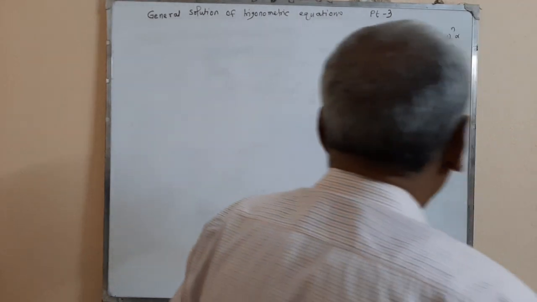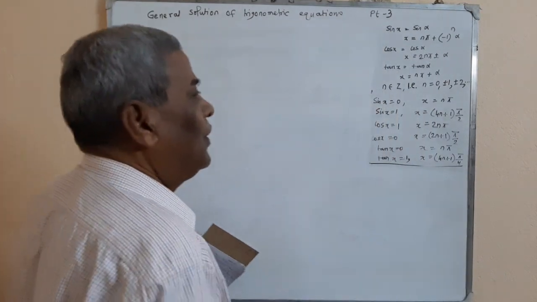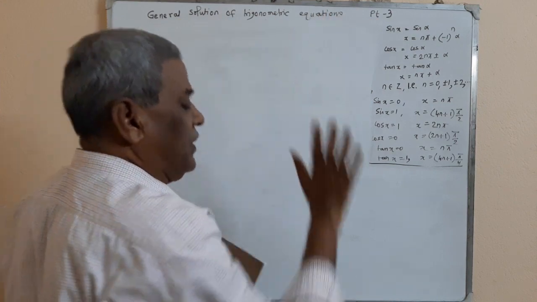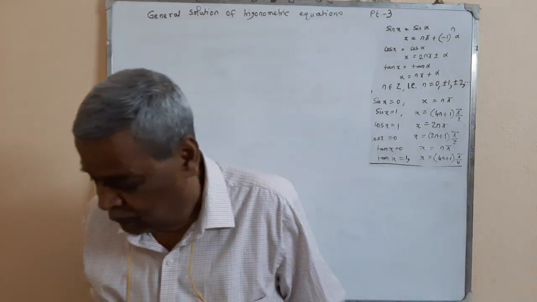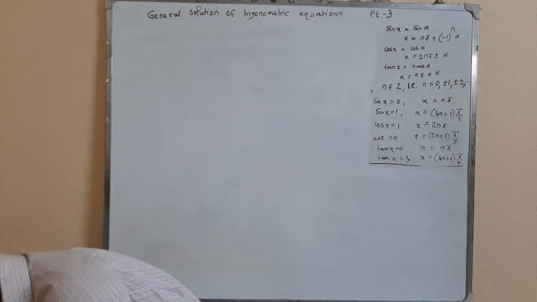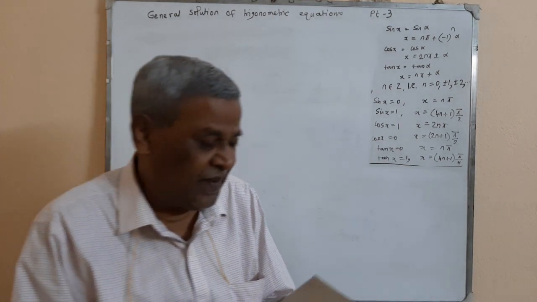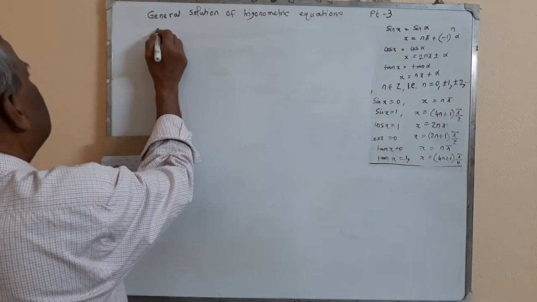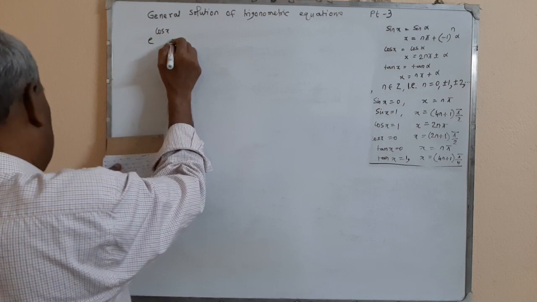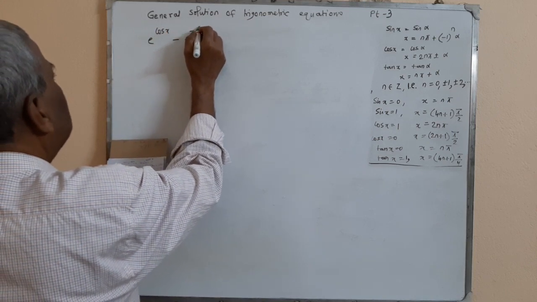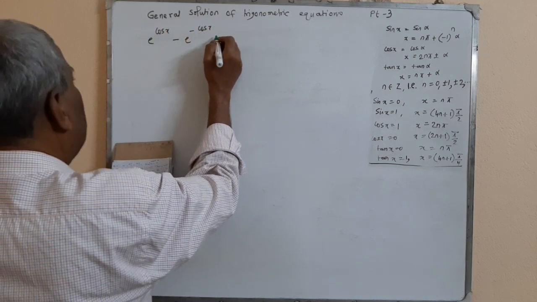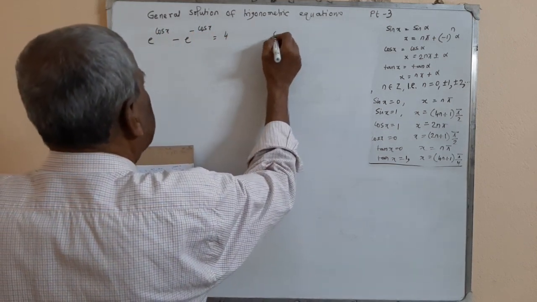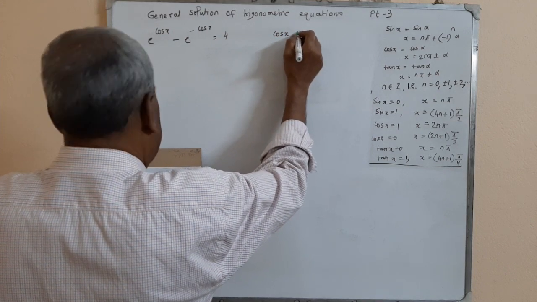Today our video is on part 3 of general solution of trigonometric equations. So let us take the first problem: if e to the power cos x minus e to the power minus cos x is equal to 4, then the value of cos x is